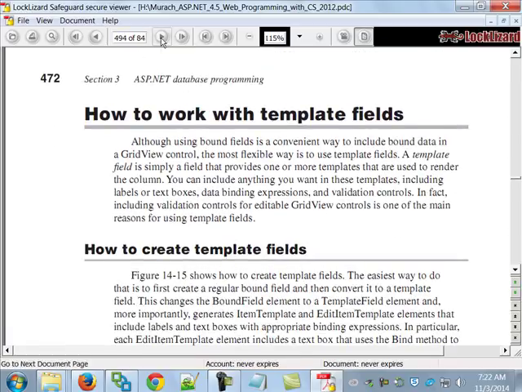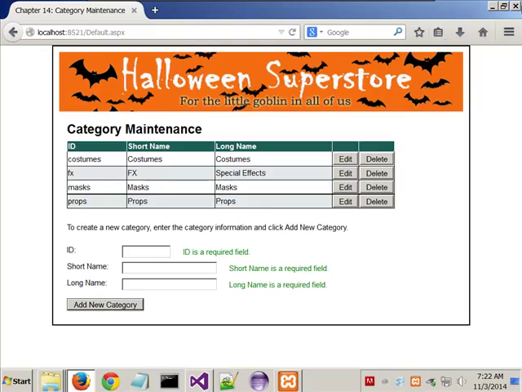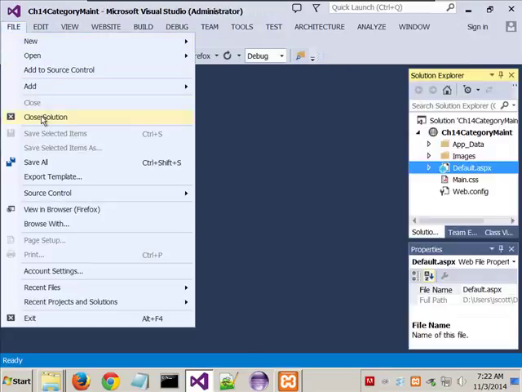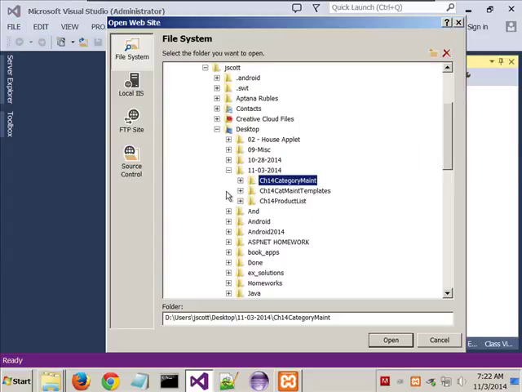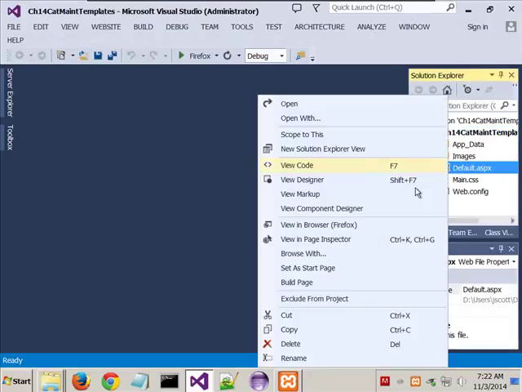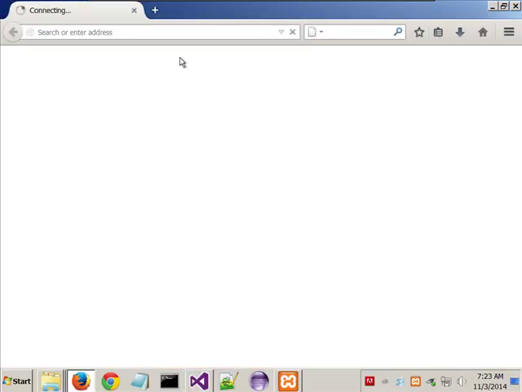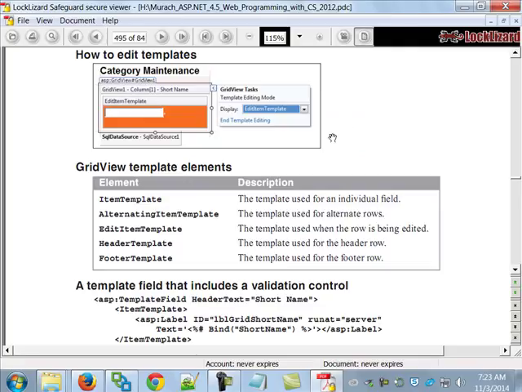As far as working with template fields, and this is actually shown, I believe, in the last example that's in here. There's a product maintenance template. And I'm not saving any of these. This looks a lot like the one that we just looked at, but if we move back into our